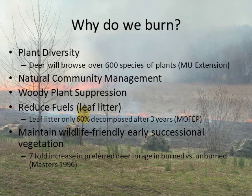But we're trying to maintain it in an early successional stage. 7-fold increase in deer forage in burned versus unburned habitat. And that's talking about woodland in general. And I'm throwing that term around a lot. Woodland